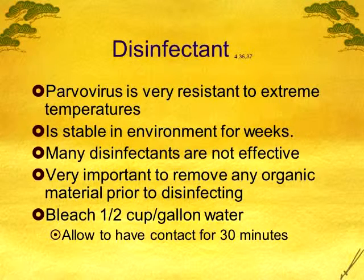Again, parvo is very resistant to extreme temperatures. It can live in the environment for weeks. And a lot of the disinfectants that are out there that you may already be using aren't effective for it. Some veterinary hospitals have some things available that maybe you can talk to them about. ParvoGuard is one that is available that will kill parvovirus. You probably can get it online, and it works really good against the parvovirus, and then you're not dealing with